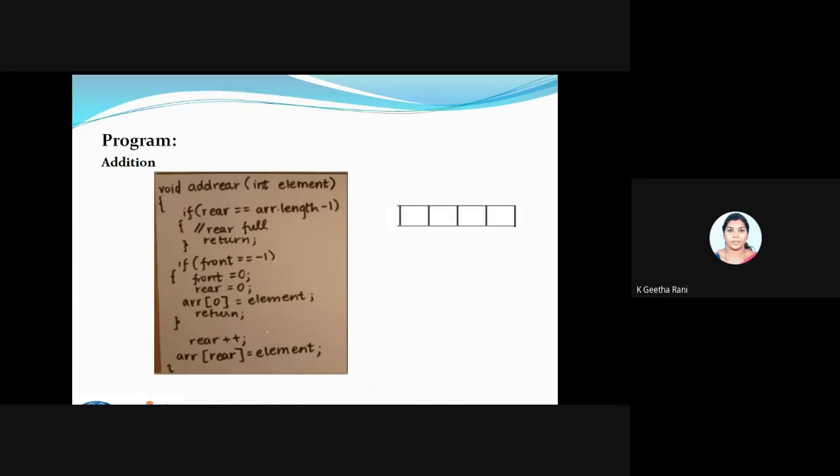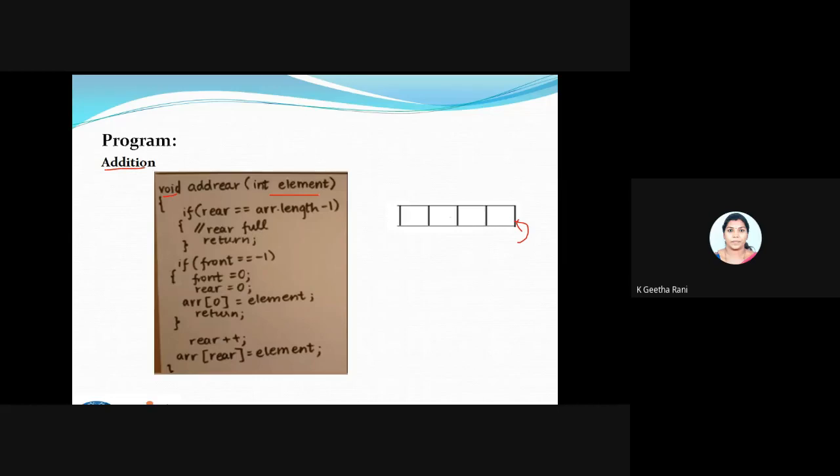Fine. So here I'm having a code for addition. Okay, you can see I'm using a return type void because it's not going to return anything for me. So I have specified it as a void. So my function name is going to be add rear. Okay, so what is the meaning of this? I'm going to add the element at the rear end. Okay, it's as usual. So I'll have some conditions under this. I'm passing an element. So I'm going to pass only one argument to this particular function. Okay, which element I need to insert, I'll be passing it.